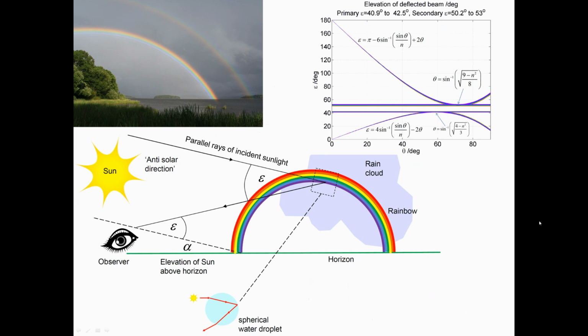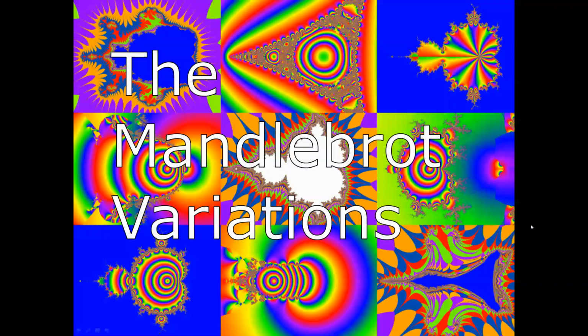Descartes' model of a rainbow, incorporating the subtle variation of the refractive index of water with the wavelength of light, allows us to predict the elevation of primary and double rainbows from the anti-solar direction of the sun. Organic-looking fractals of Benoit Mandelbrot are generated from very simple mathematical recipes involving complex numbers. In addition to the classic beetle-like picture, we can create light bulbs, rockets, plant and bacteria-like forms, and indeed Buddhist imagery.